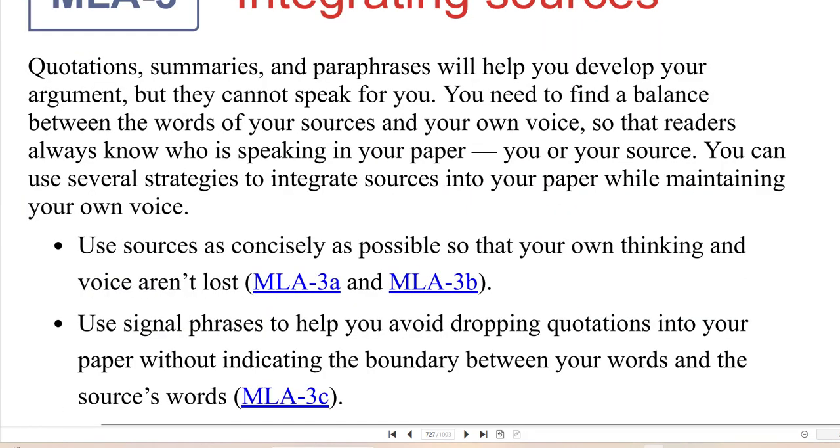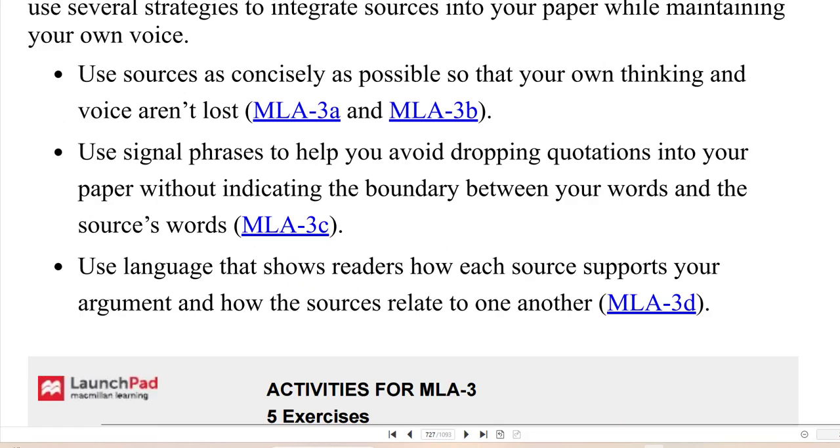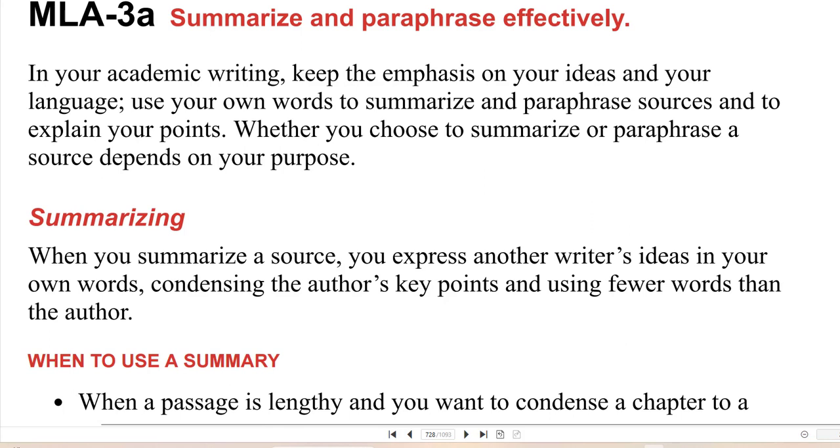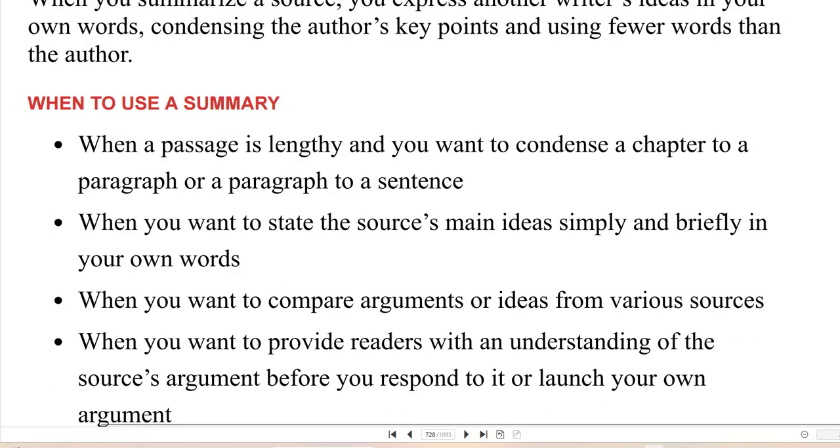And when you integrate sources, you use sources as concisely as possible so that your own thinking and voice aren't lost. So you integrate your sources into the flow of your paragraph. You use signal phrases to signal to the reader that you're about to start an in-text citation. You can either summarize or paraphrase what the source says for it to flow within your paragraph.